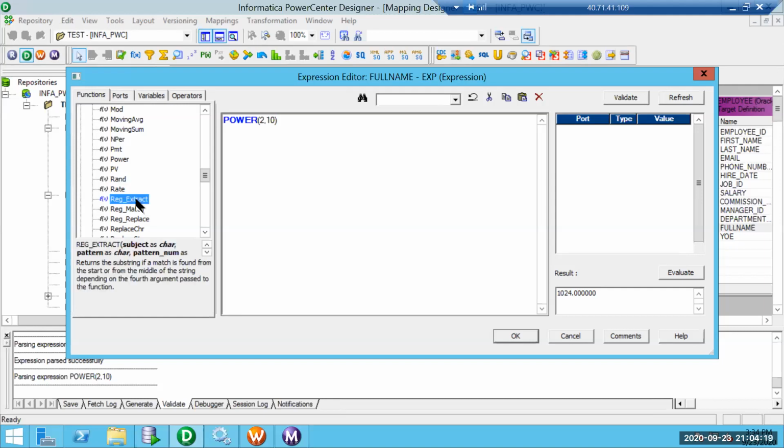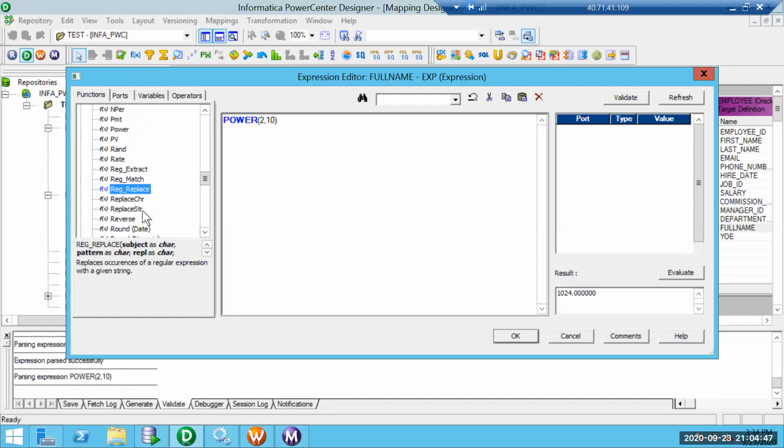Then reg extract. Reg extract is similar to substring when we know the pattern we want to extract; then we can use reg extract. Reg means regular expression. Reg replace: when we want to replace a pattern, we can use reg replace.